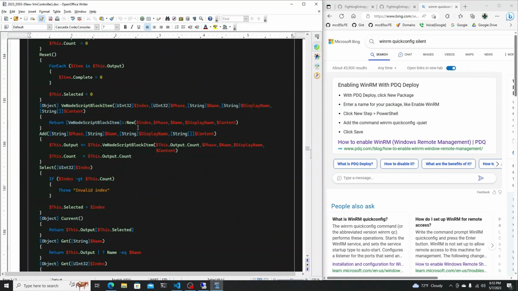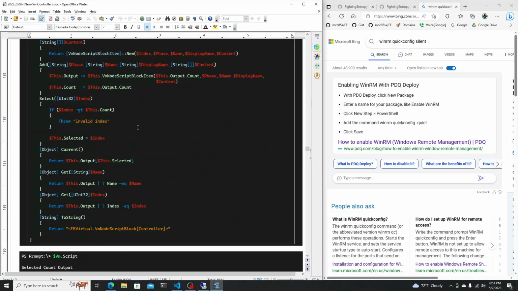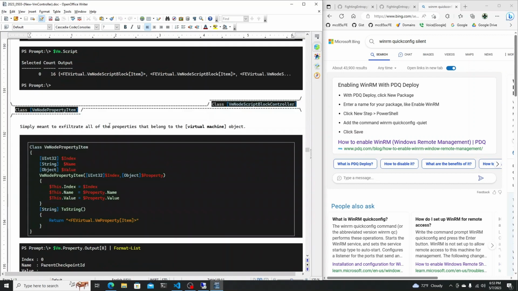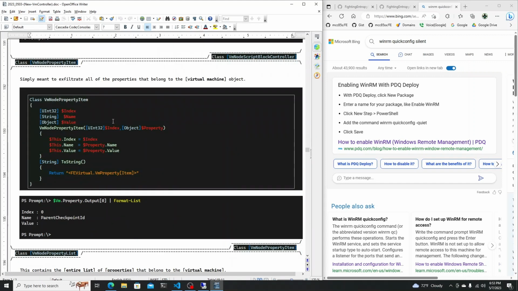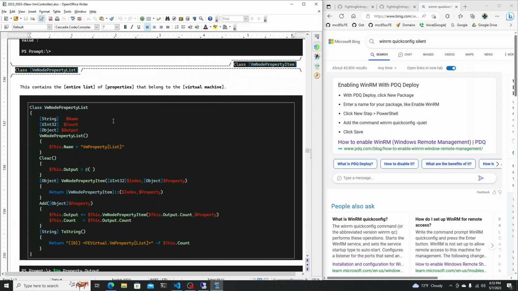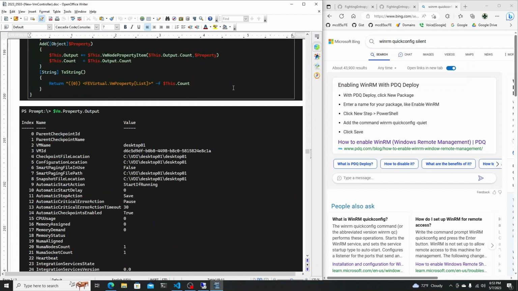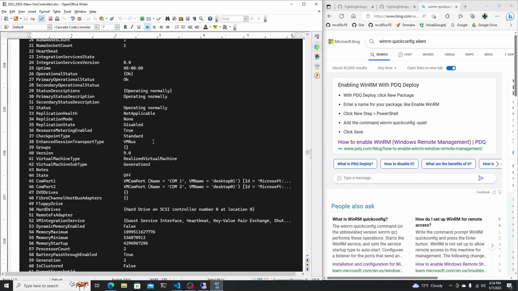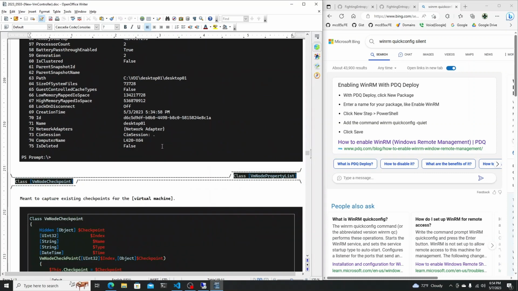That call upon this particular class, and then it has its own methods, and it's basically its own object, but it's part of an ecosystem of functions and methods. And these methods that are part of that ecosystem touch on actual commands, and it's meant to shoestring together a whole bunch of different components of the operating system, etc. Right? So VM property output is basically all of the properties for that particular virtual machine or instance